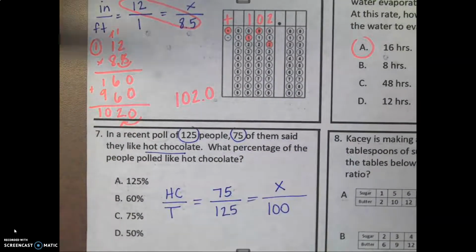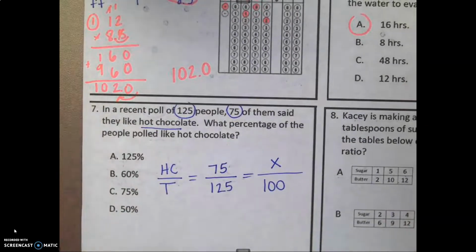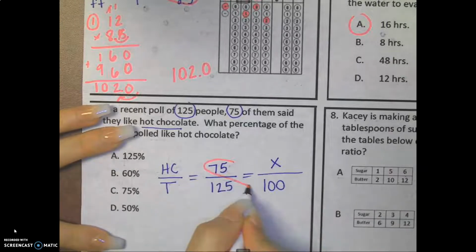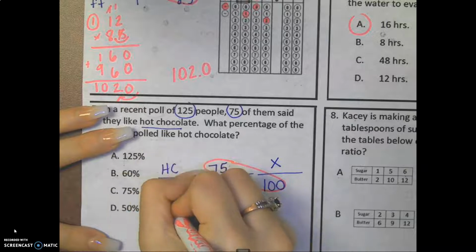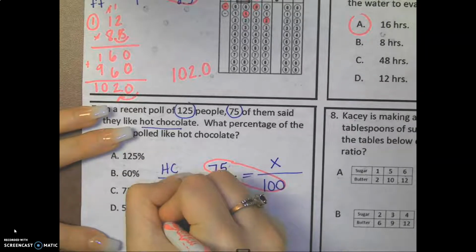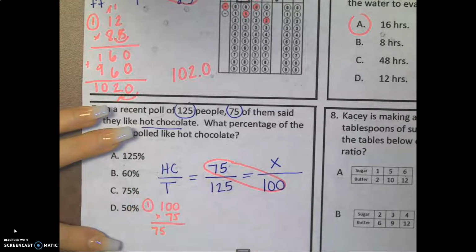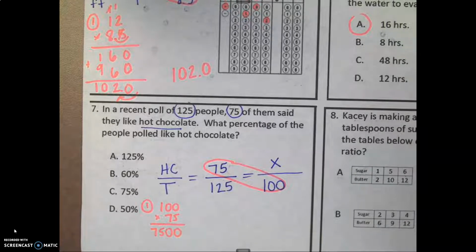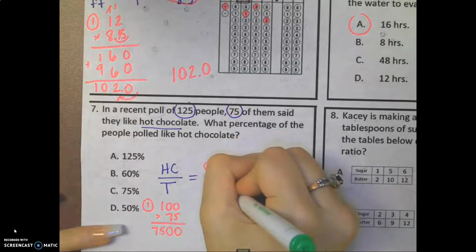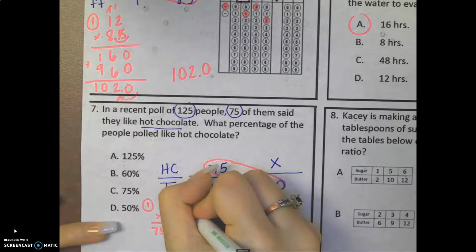And then we solve. So I don't know if there's a relationship, so I'm going to go ahead and just do bat and ball. My bat will be where I have the 2 numbers. So step 1, 100 times 75. And that's just going to give me 75 with those 2 zeros at the end. Step 2, we then divide by our ball, which is 125. So